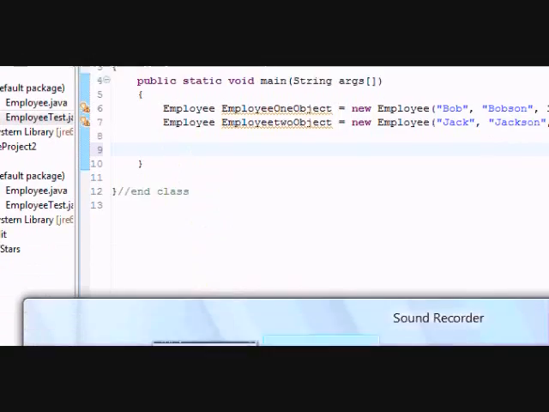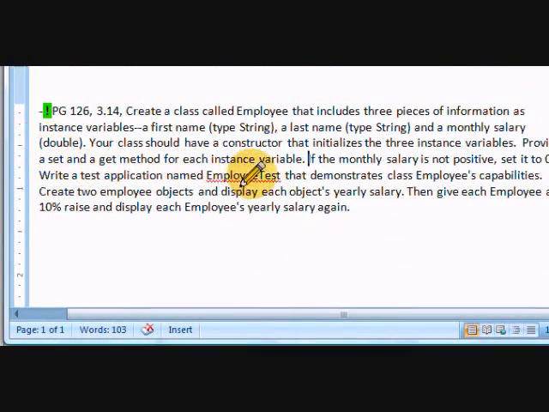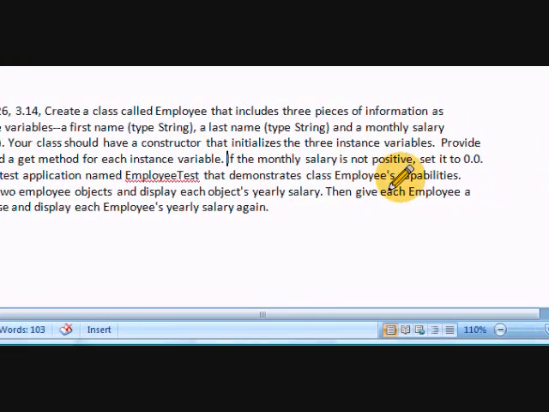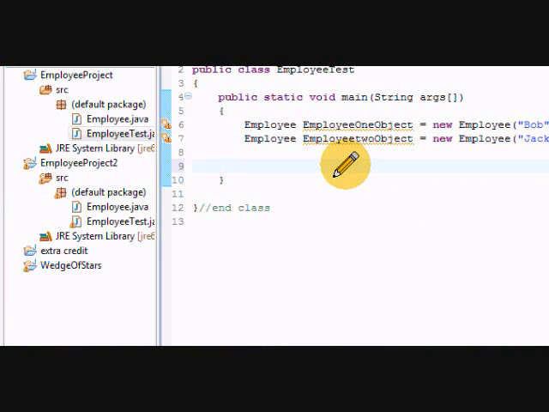Now, what did the directions say to do now? A test application named EmployeeTest that demonstrates the employee class's capabilities. So basically, let's go ahead and display the name here. So I'm going to create